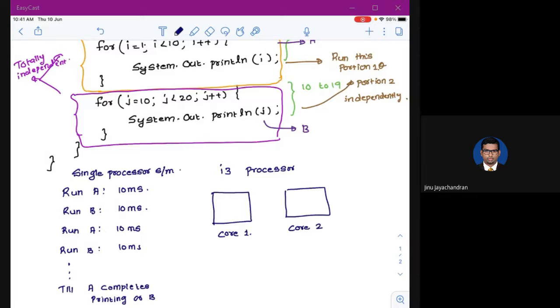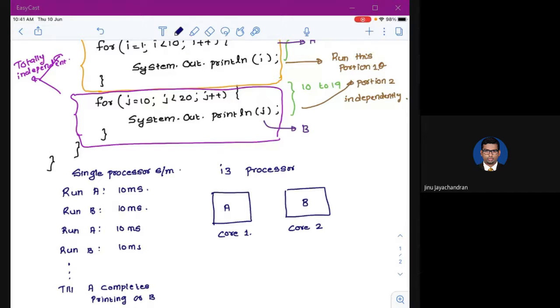So when I tell the operating system that these should be run in parallel or independently, it will run one thread in core 1 and the second thread in core 2. So A will run in core 1, B will run in core 2. And you see that both will complete at the same time, taking exactly the same amount of time to complete. Okay, this is called parallel programming.